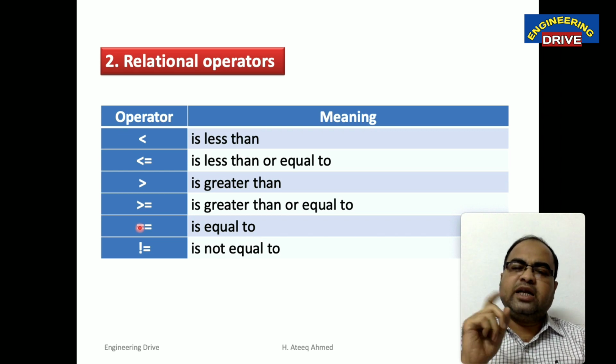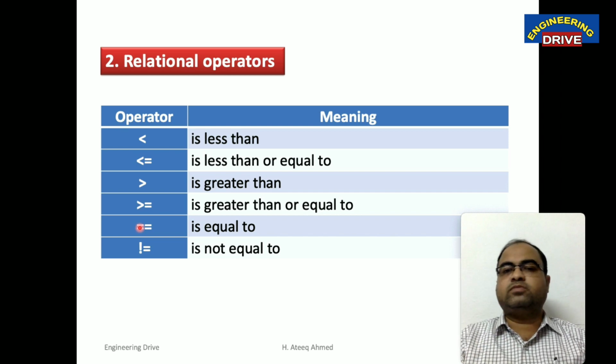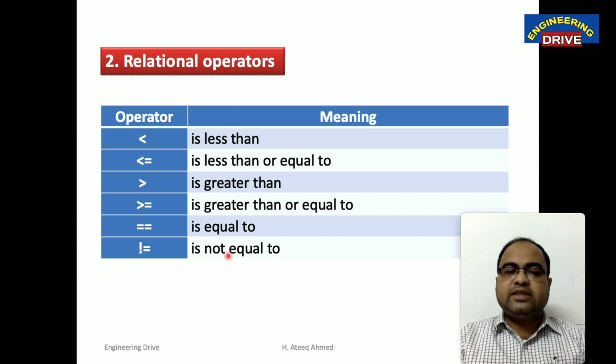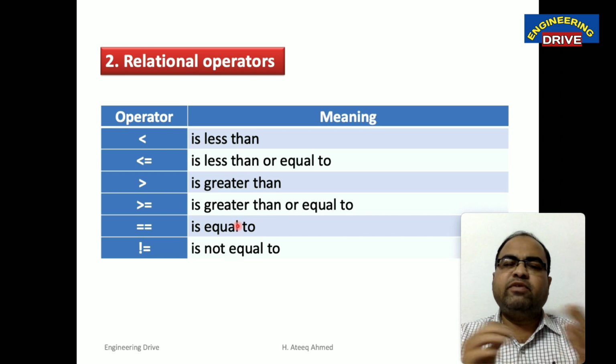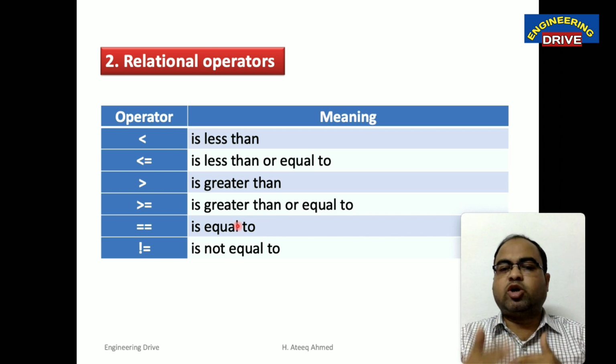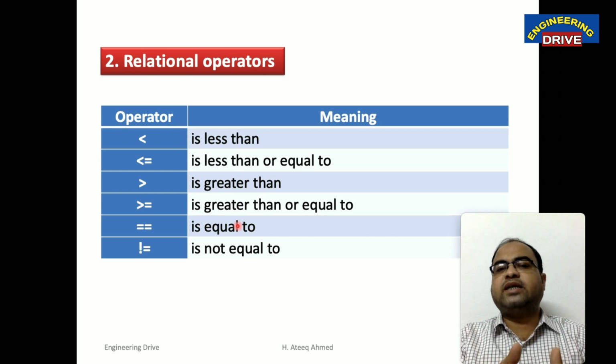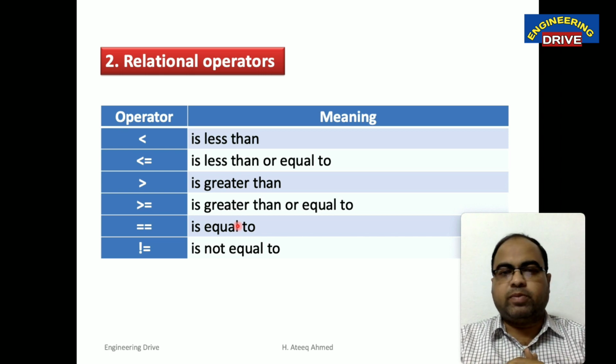Then what about single equal to, sir? Single equal to is a separate operator that we will discuss later. So these are the 6 relational operators. Sir, where will we use all these operators? In our next programs. In the next topics which I am going to upload on my channel, which are already available in many videos, there you can see example programs related to the relational operators also.